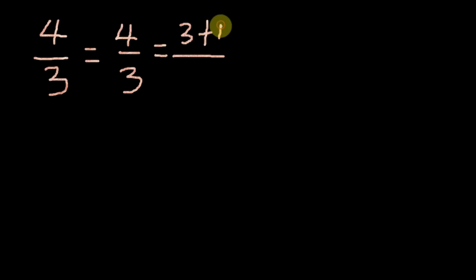So looking at some examples here, we have 4 over 3. This is referred to as an improper fraction because the numerator is greater than the denominator. So to change this to a mixed fraction, we then have our expression, 4 over 3, which equals 3. We split the 4 into 2 numbers,